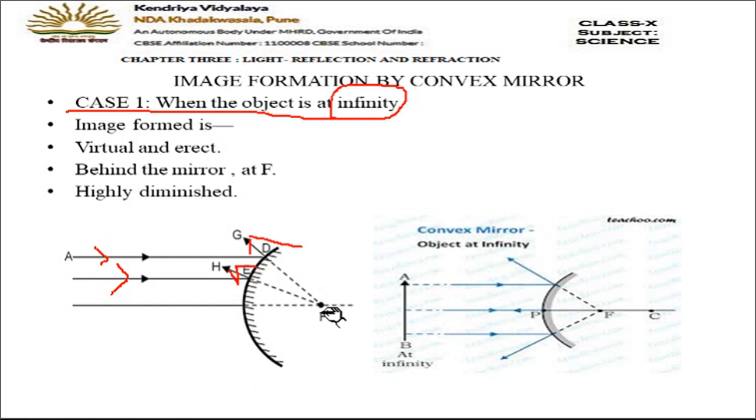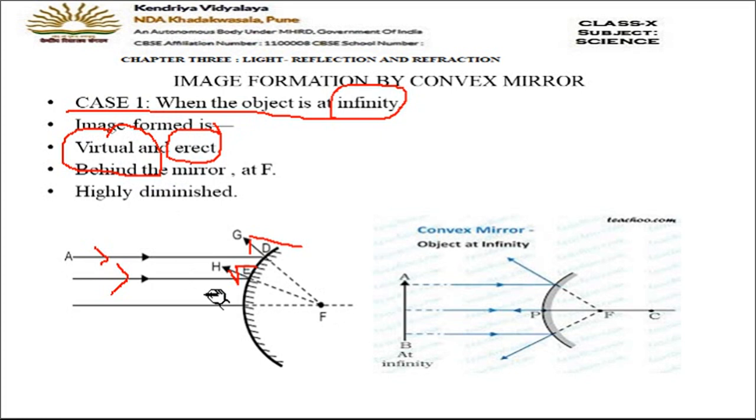Fine. So where the image will be formed now, students? Obviously image will be formed at F, but the rays are not actually meeting. So what type of image will it be? It will be a virtual image. That means the rays are not actually meeting, they appear to meet. We have back extended them and we have met them at one point. So this is a virtual image, and a virtual image is always formed above the principal axis, so it is erect also.